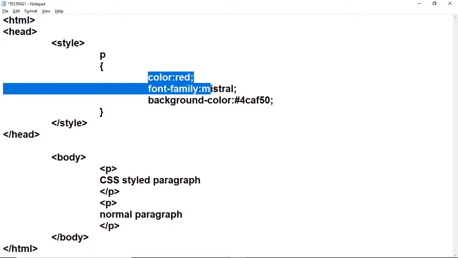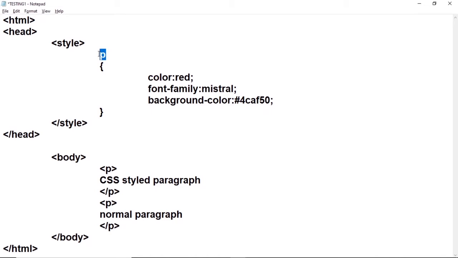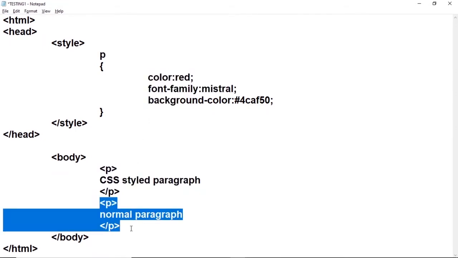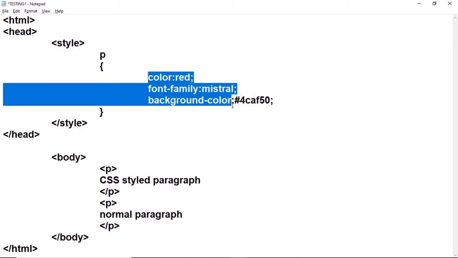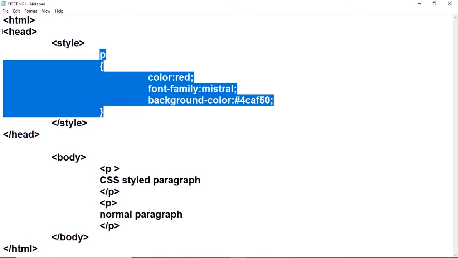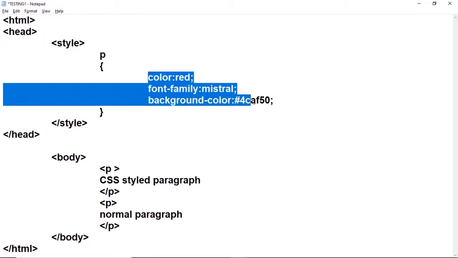all these effects will be applied for all the paragraphs of this particular file. This particular file, not the other HTML file. That means this paragraph also will get these effects, and this second paragraph also will get these effects. I hope you understood now the difference between inline CSS and internal CSS. In inline CSS, when we applied the effects here, those CSS effects applied only for this particular paragraph. But now, since I am using the internal CSS in the head section and overriding the HTML command paragraph, all the paragraphs of this particular file will get these effects.